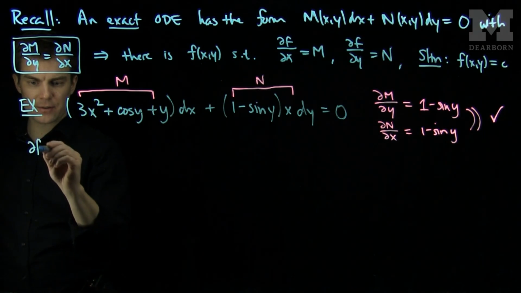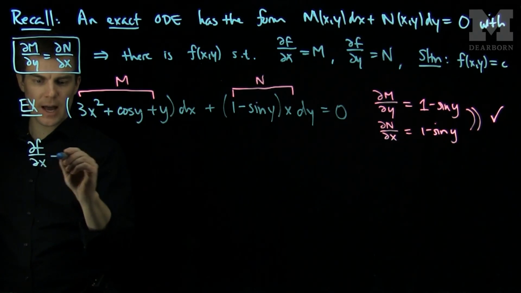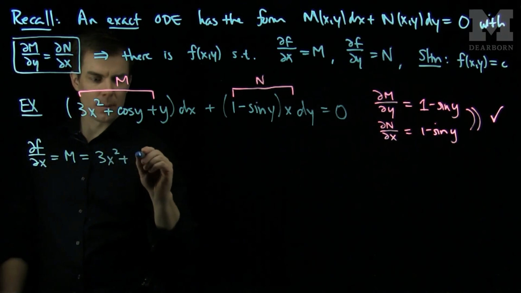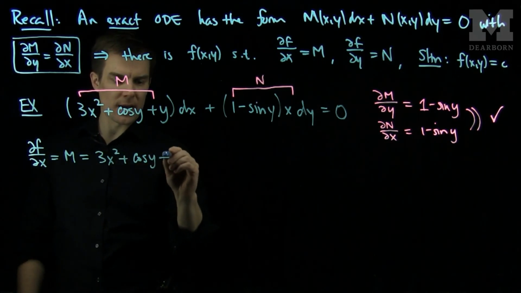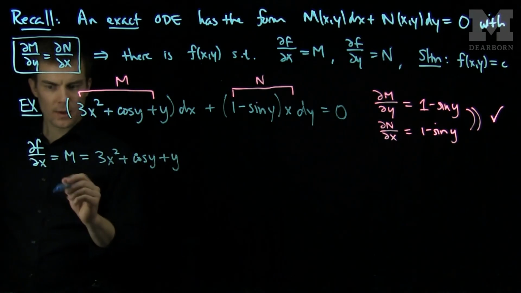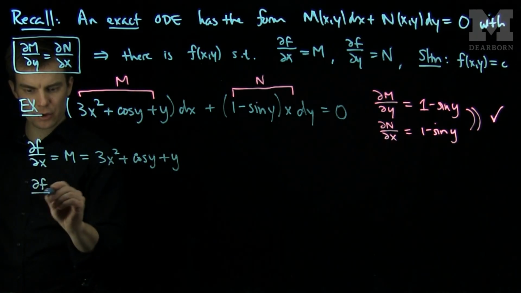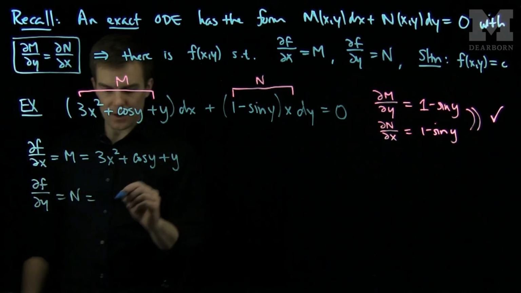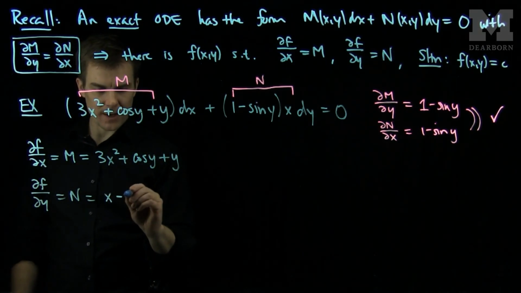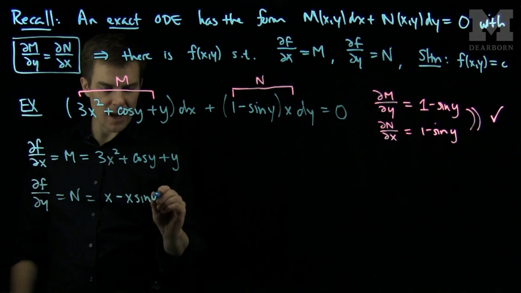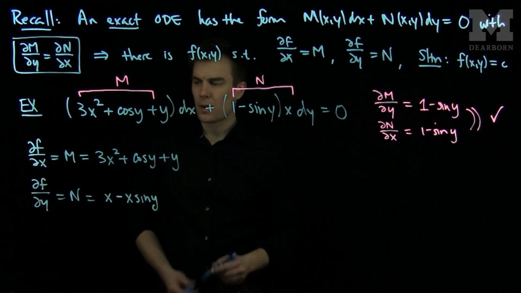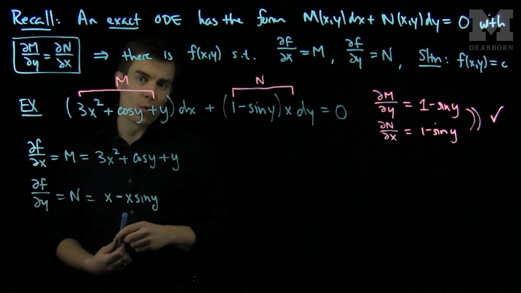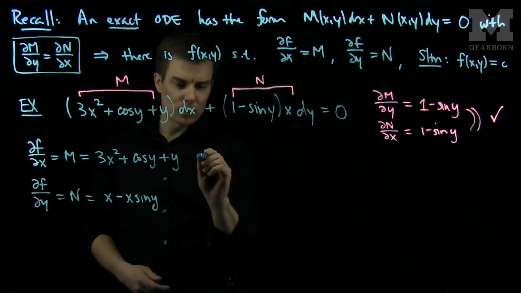We can try to find f such that partial f partial x is equal to M, which is 3x squared plus cosine y plus y. And partial f partial y will be N, and N is x minus x sine y. So now we will partially integrate the first equation with respect to x. So we'll do a partial integral,